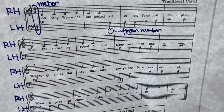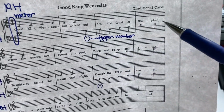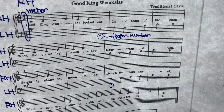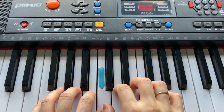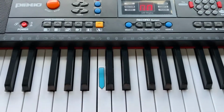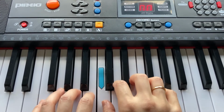Okay, so I'm actually going to play up to here so that you can see me switch my hands around on the middle C. So I'm going to count 1 blank measure and then I'll start. 1, 2, 3, 4. I'm sorry, so I did something wrong. Before you start playing, your hands should be ready on the keyboard, okay, so that you don't have to hurry and jump on like I did. So 1, 2, 3, 4,